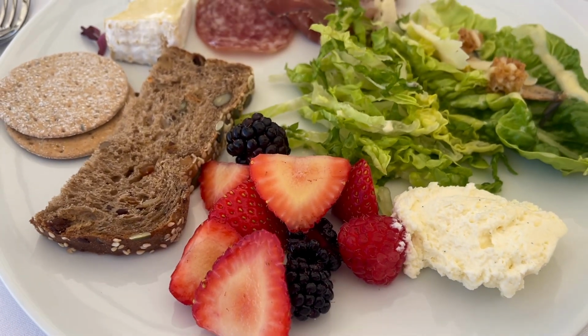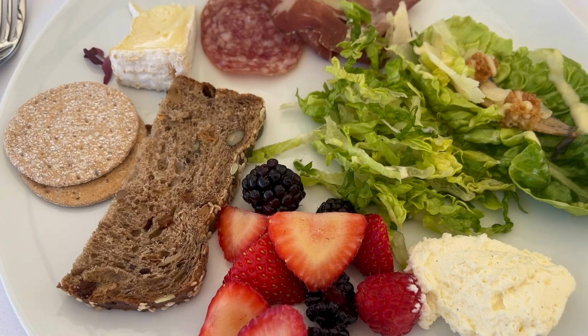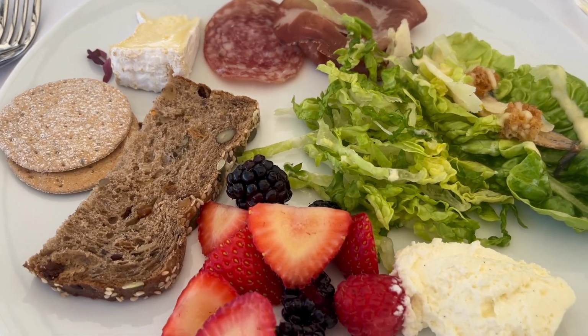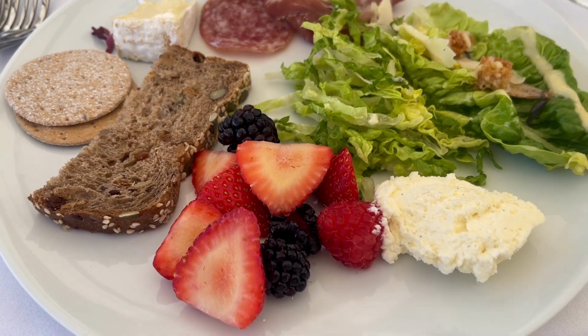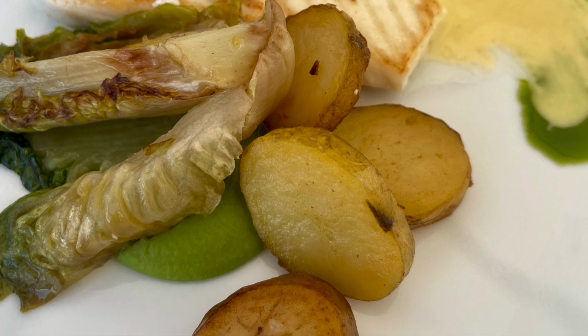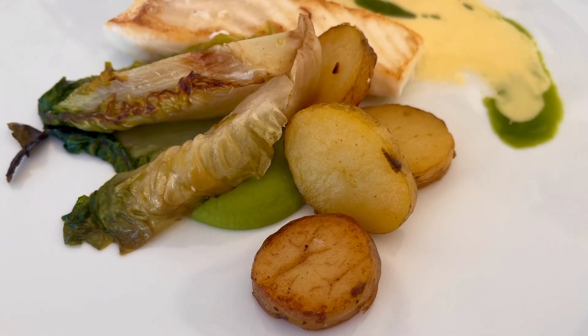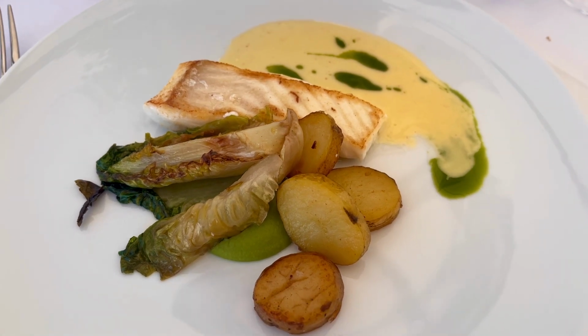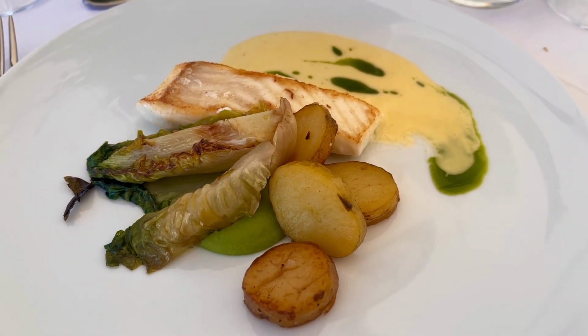I just went for some basics like salad and bread and cheese and charcuterie. And then for my main, I forget if it was sea bass or halibut, so a white fish with a beautiful creamy sauce, some vegetables. Portions were kind of small, but what was nice is there were so many different kind of grazing food options